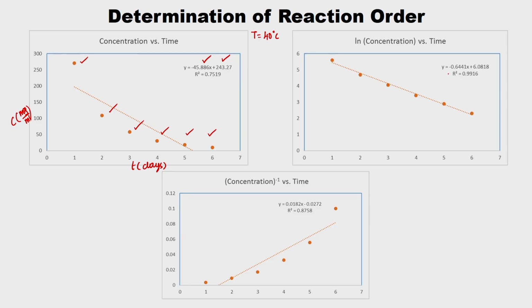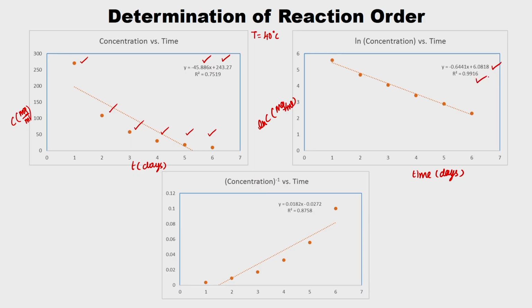And after that I will come to this m and x, but now we are going to check which reaction order it follows or which reaction rate mechanism it obeys, right. The second one is again time in days, and this is the concentration. Obviously it is a ln C, okay. The concentration is in milligrams per ml. So, the ln C gives me this y equal to mx plus c as well as the r